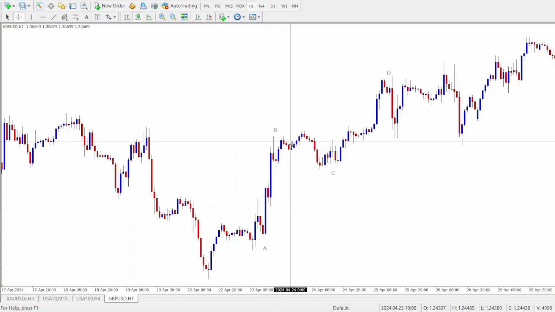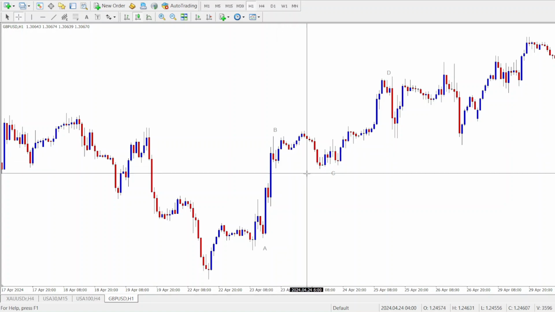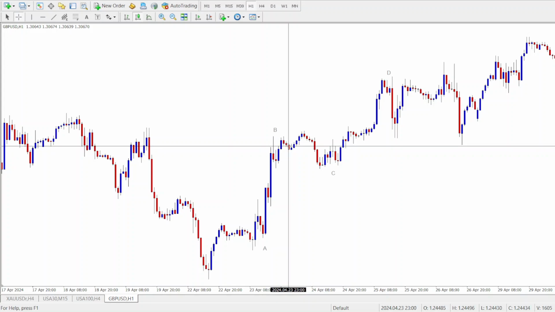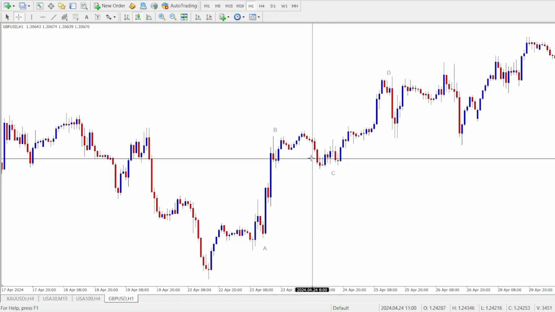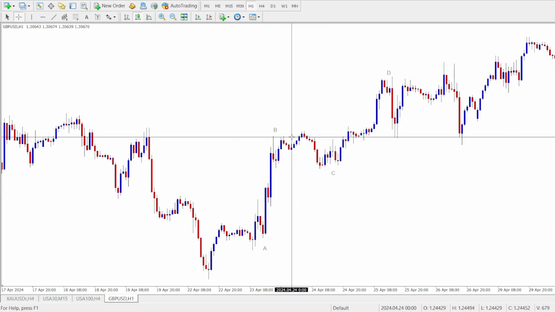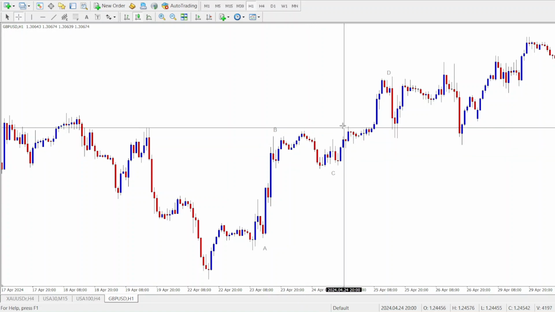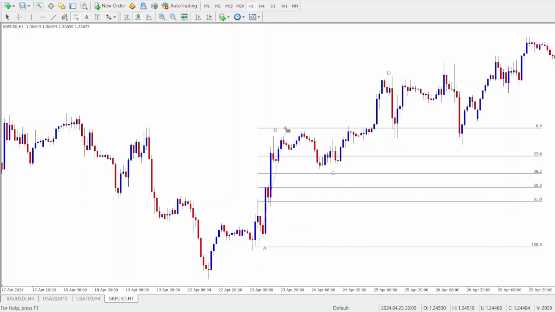Meanwhile, point B to C is just a correction, as we can see here. Now, after the first impulse move, the price retraces in the opposite direction, and then the BC leg, one thing for you to know is that the BC leg should typically retrace about 61.8% of the AB leg. But you should know that it might not always